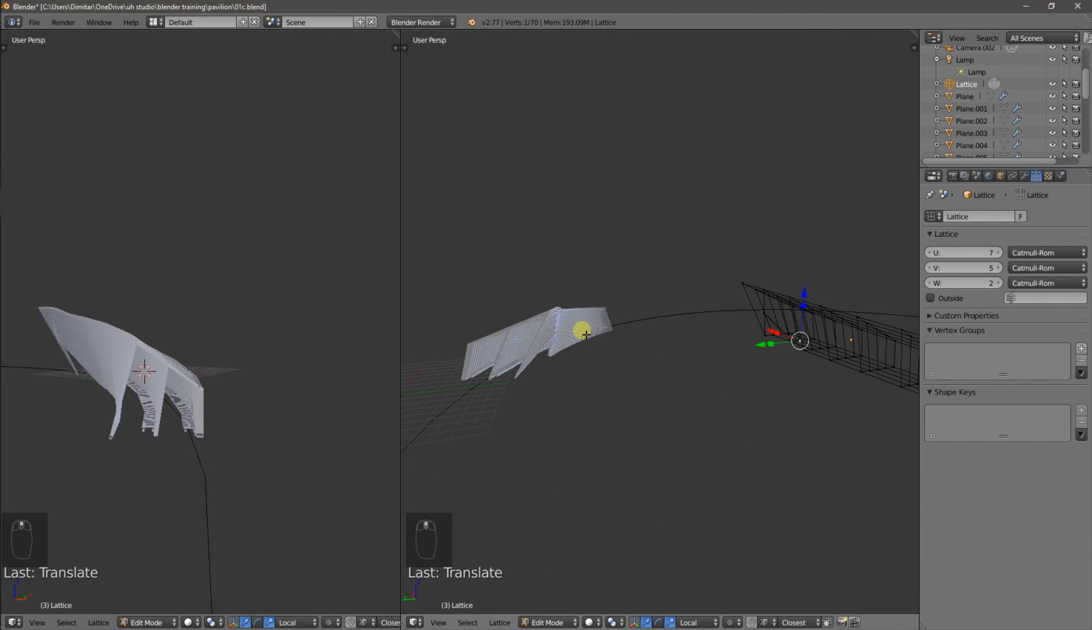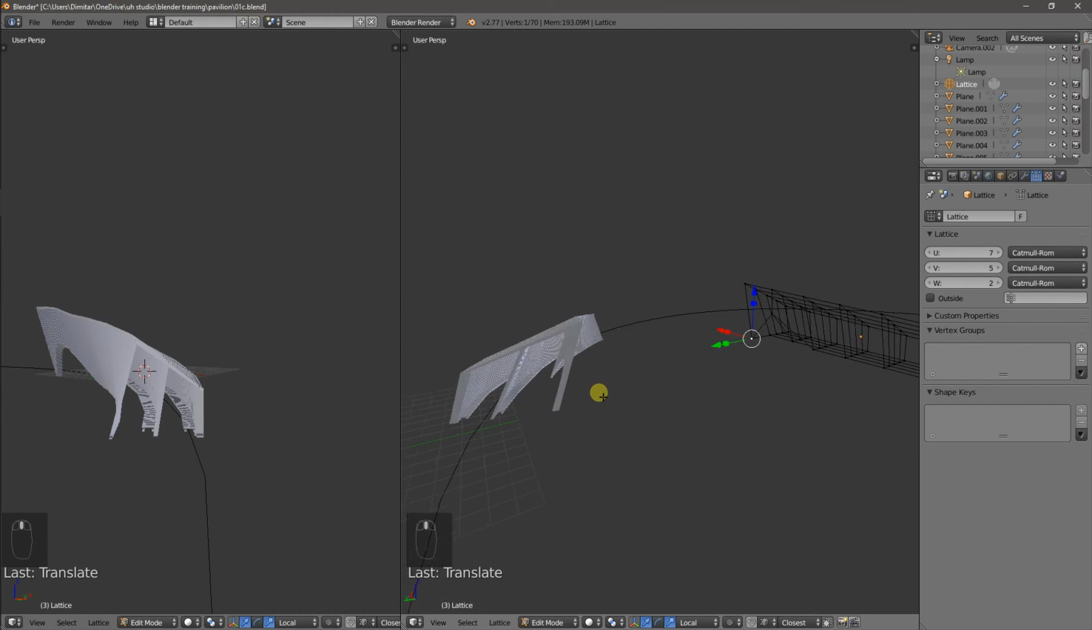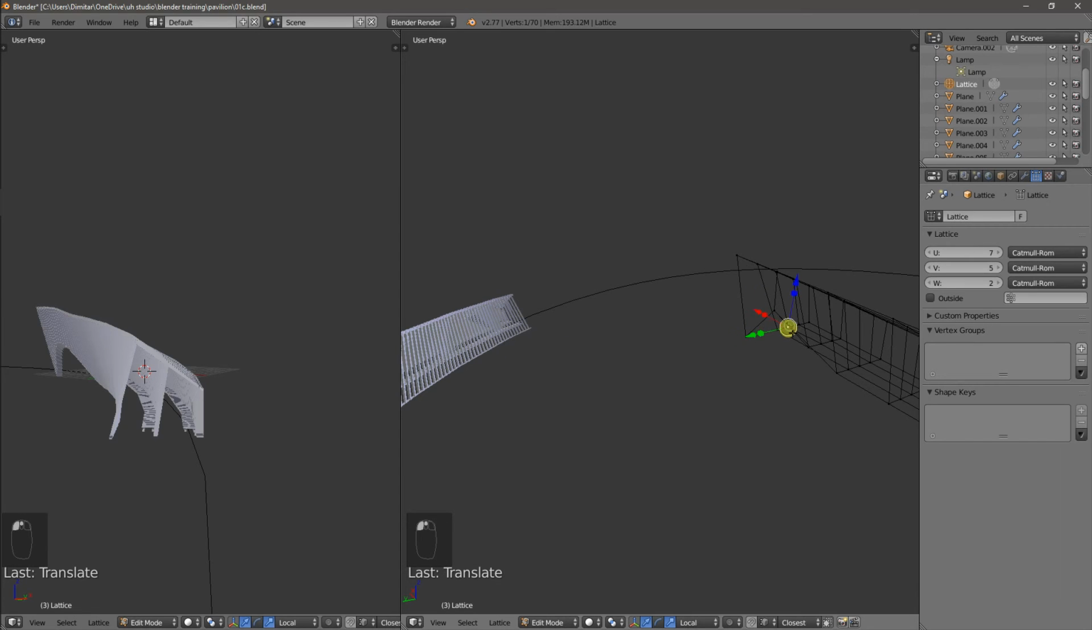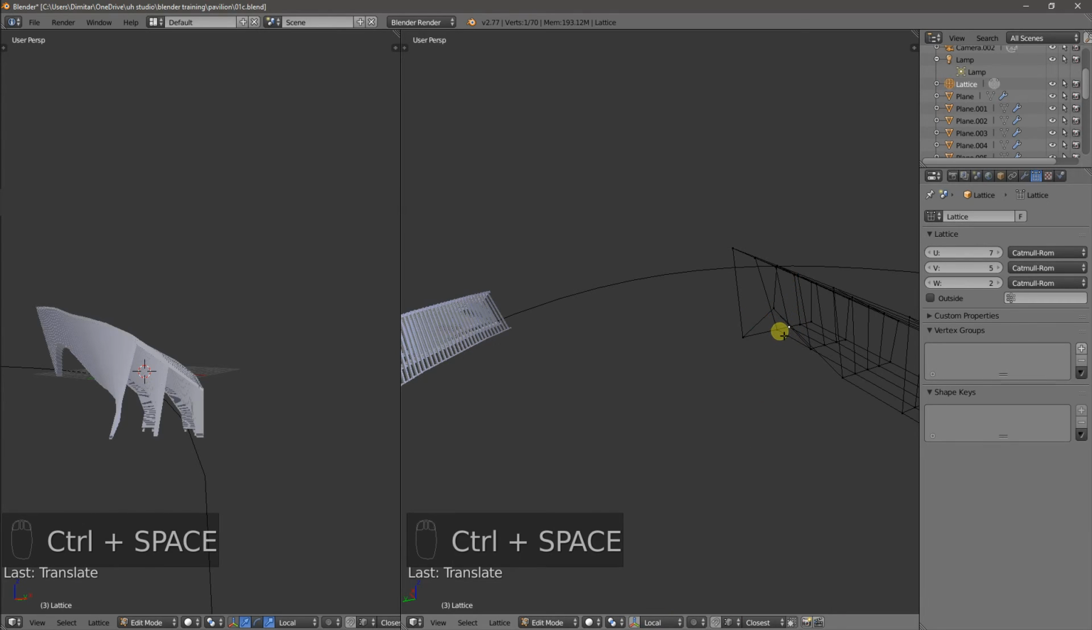Okay. It's leaning quite a bit. Let's move this out a little bit, as well as those two. Sometimes the transformer, the manipulator, can get in the way like it does here for me to select it. So we can temporarily disable it with either this icon here, or as you can see, if you hover over it, the shortcut is Control Spacebar. So Control Spacebar, Shift Select, Control Spacebar again,